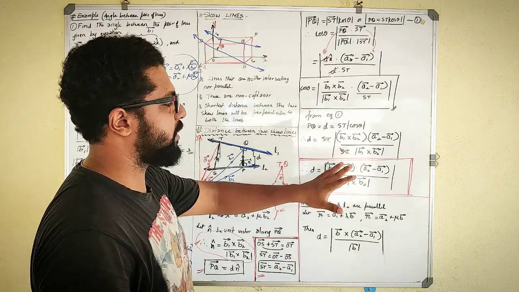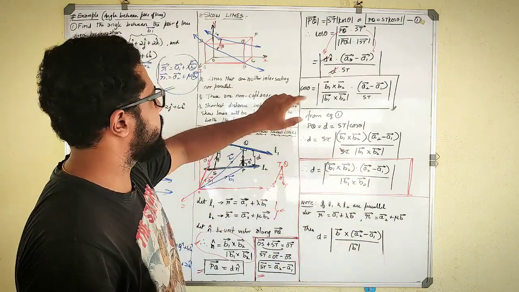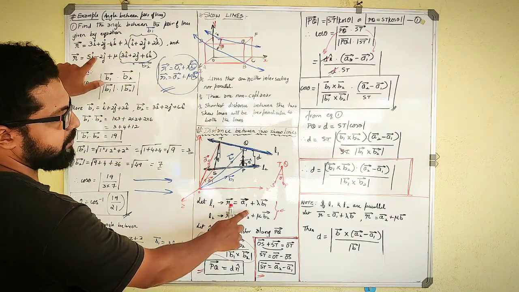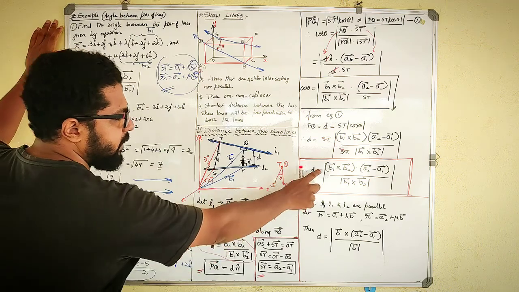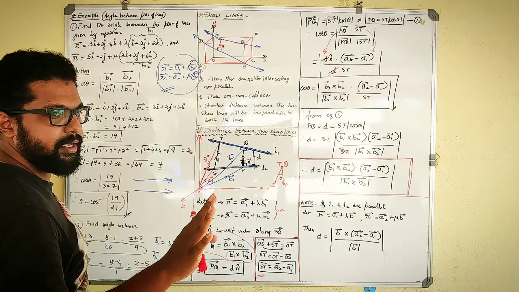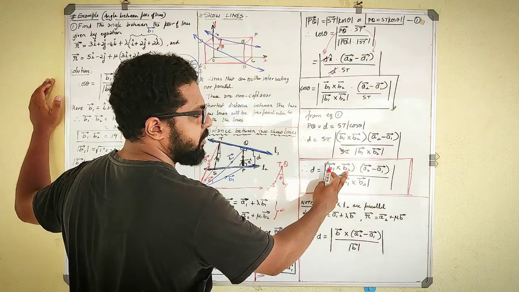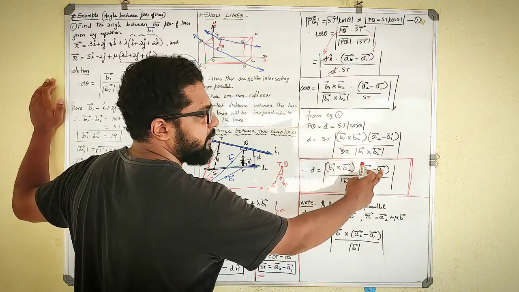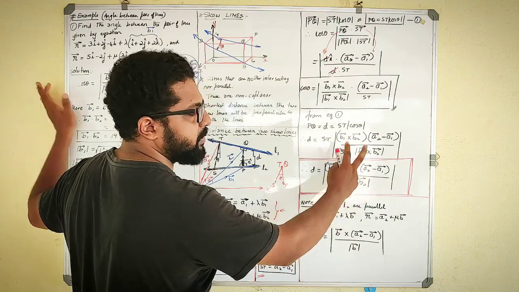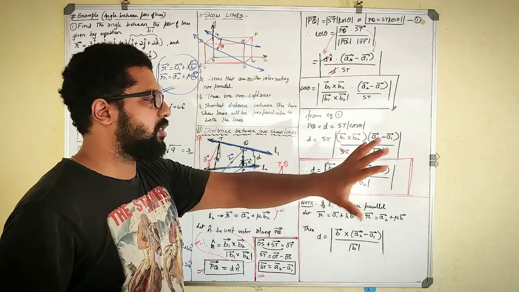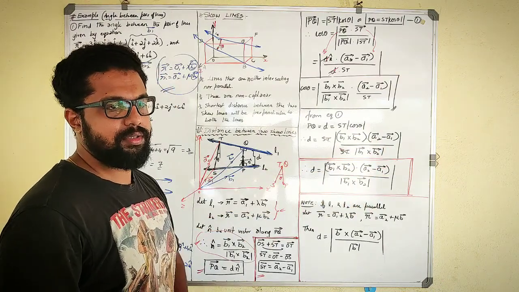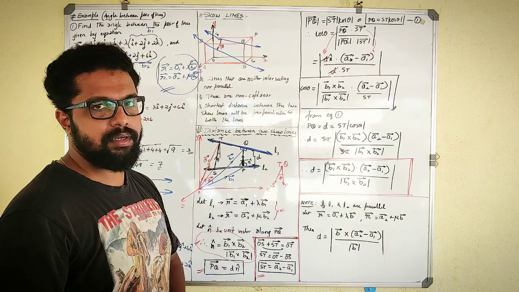Whenever a question is given, two equations will be given in this way. Write down A1 vector, A2 vector, B1 vector, and B2 vector. All these four you write separately. Then separately find B1 cross B2, then A2 minus A1 vector, and also the magnitude of B1 cross B2. Substitute all the values and find the value. We will come across this when solving the numericals.